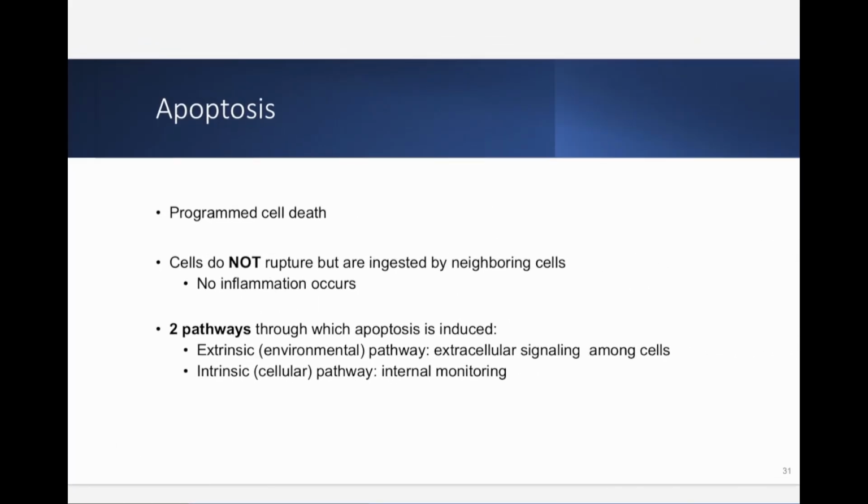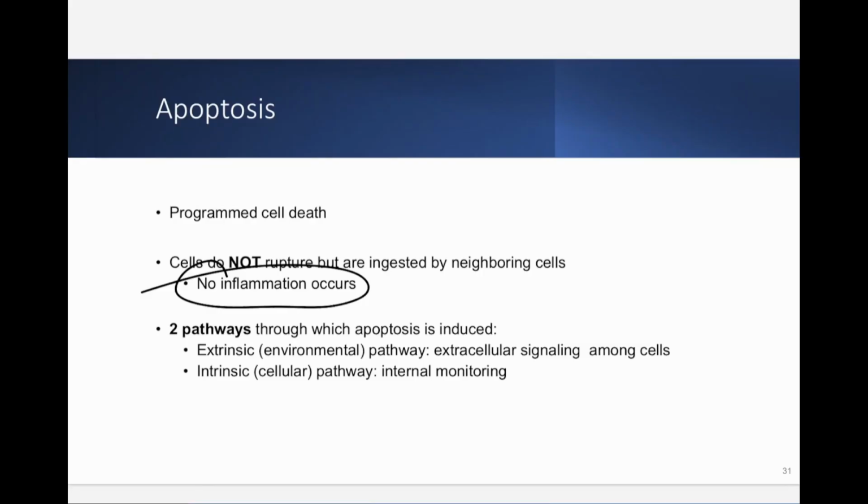So that was necrosis, talking about gangrene, the different forms of gangrene. Now we're going to talk about apoptosis, programmed cell death. They don't rupture, but they get ingested by neighboring cells. The key thing here, no inflammation occurs with apoptosis. With necrosis, because all the internal contents get dumped out, it causes inflammation and irritation to the surrounding tissues. And if they get weak, then they burst, and then it spreads to the neighboring tissue and so forth. But in apoptosis, because the cells just get smaller and then they get phagocytized and taken away, they're fine.